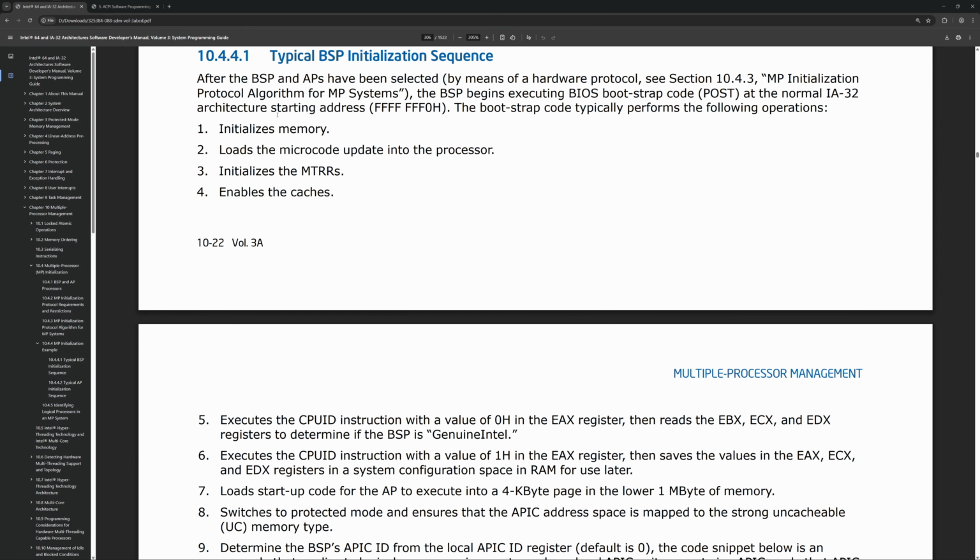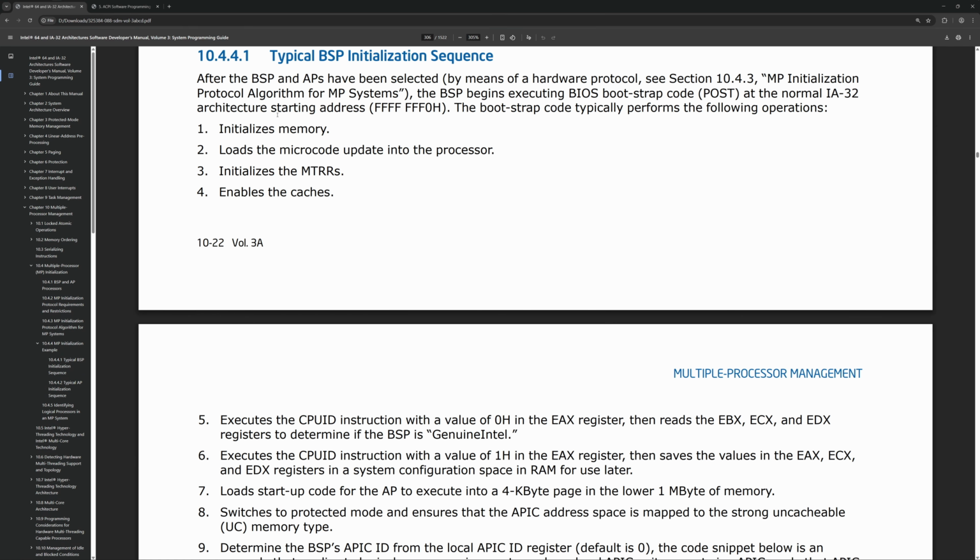So it should do everything we did to boot our BSP from real mode, set up all the registers, go to protected mode,